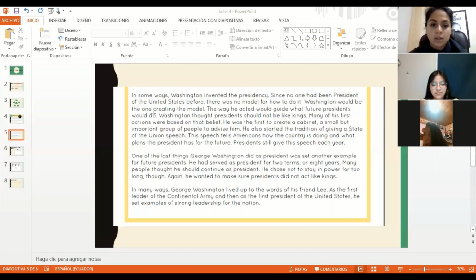So what do you guys think the main idea is for this one? What do you think I should highlight? Like, since there was no model for being president, but he made his own. Exactly. Washington would be the one creating the model that would help future presidents know what to do, right? Okay, what about